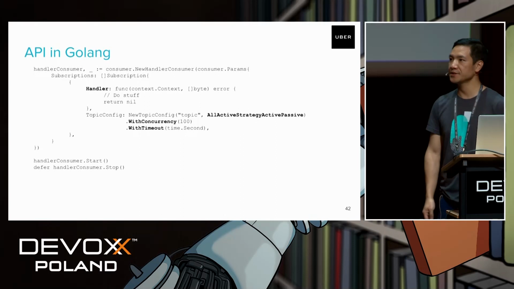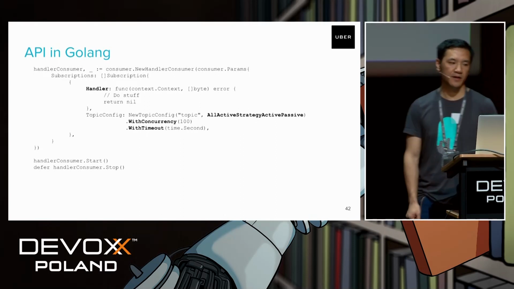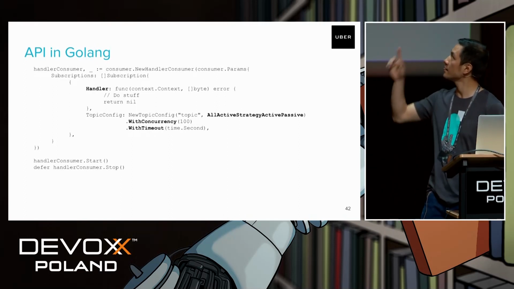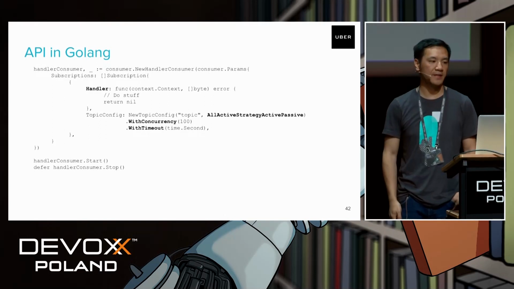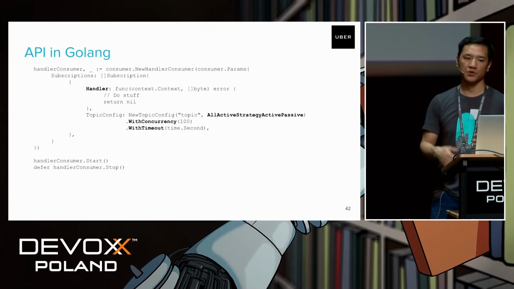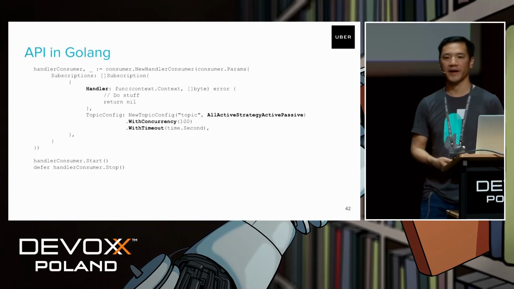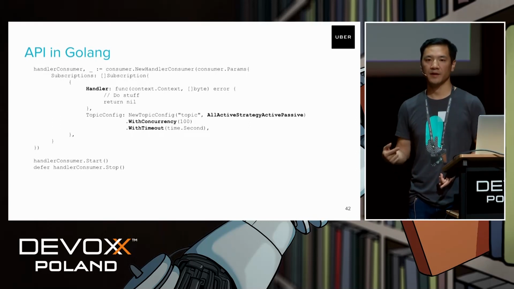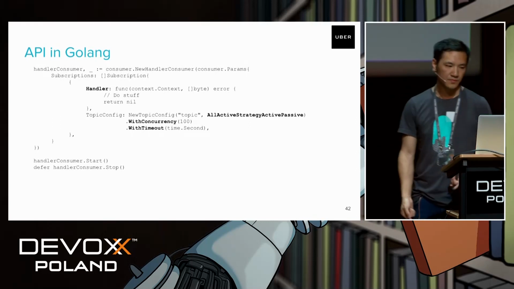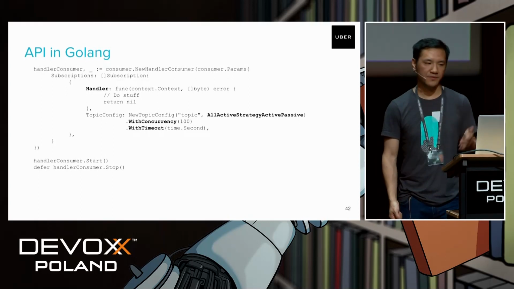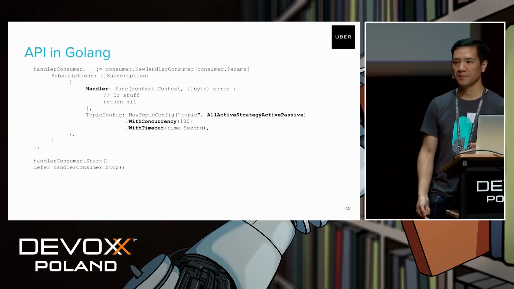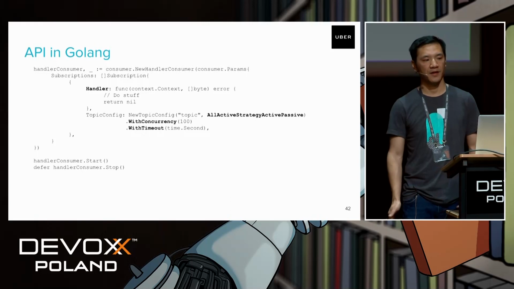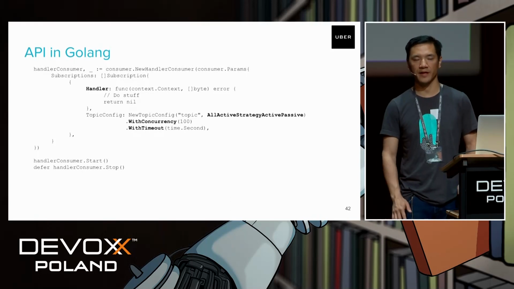All right, so here is what the API looks like in Golang. I highlight a couple of things here. As you can see, people can just put a subscription with a handler, and that handler is just a function with the context and the byte array for the message. So it's very simple for users to use, because they can just put their own business logic within this handler and don't worry about redelivery or dead letter, etc.